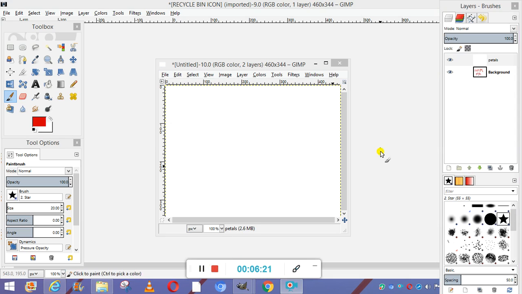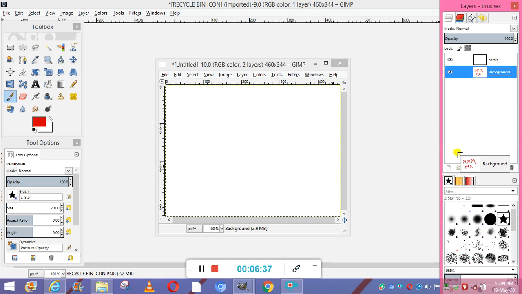And creating the layer group: on the layers dialog, from the bottom pane, you can click the create a new layer group icon. Okay, this is create a new layer group. And drag the layers to place them in the folder. How can we drag them and place them in this folder?